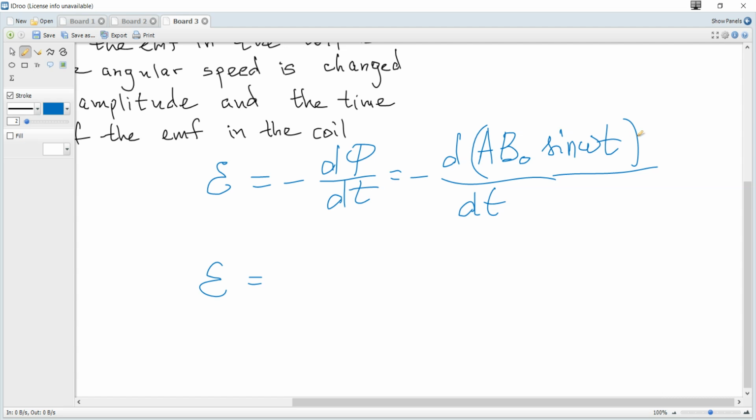It's just a chain rule, so it becomes negative B0 area omega cosine of omega t, and the maximum value